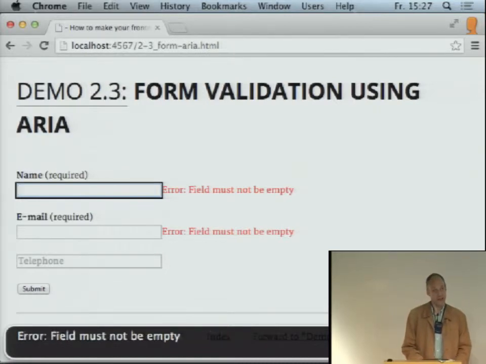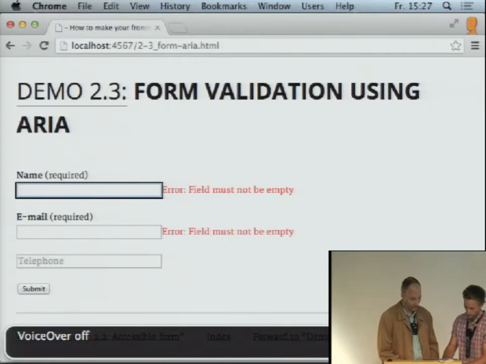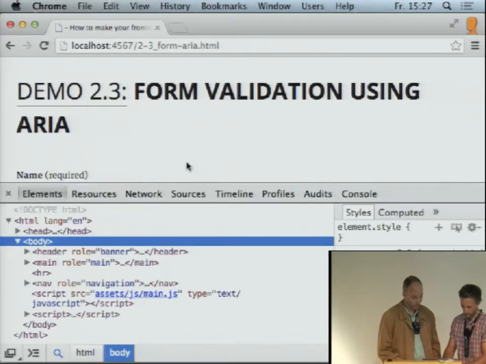I get the error message: the field must not be empty. And this is clearly also a way to make a form accessible. So, VoiceOver off. If I show you the code,